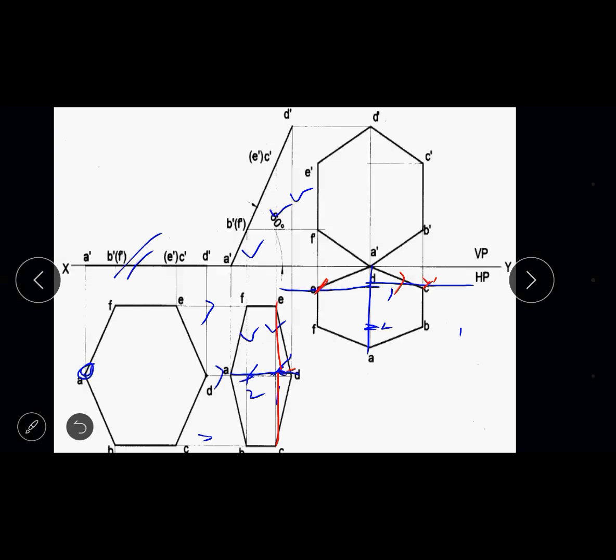Measure the distance from 2 to F or 2 to B. Okay, before that again you have to keep your protractor at position 2, keep the center point of your protractor at position 2, construct a 90-degree line of some dimension. Then reverse your protractor, keep the center point of your protractor at position 2, construct another 90-degree line of some dimension.